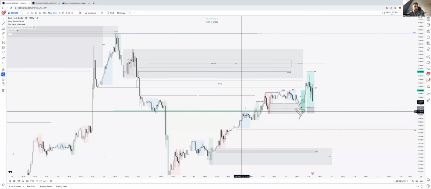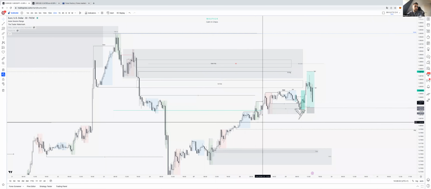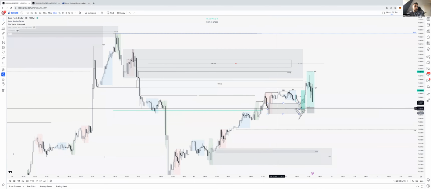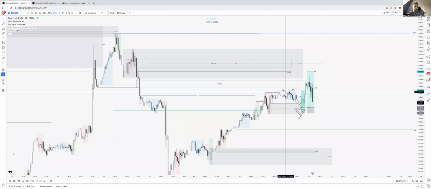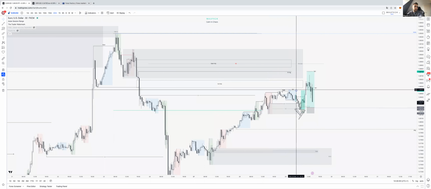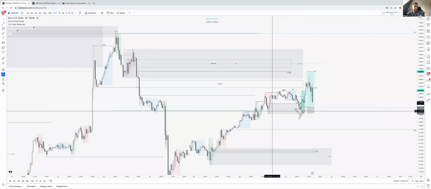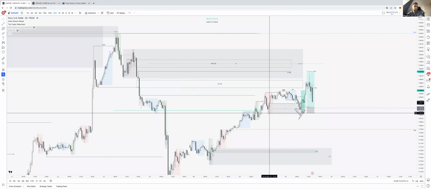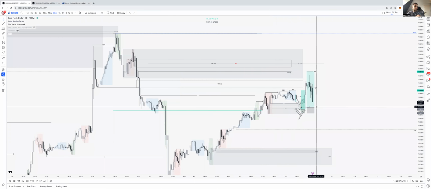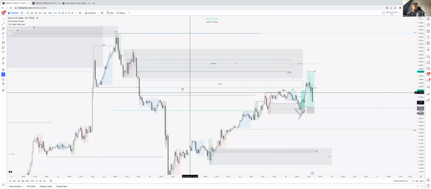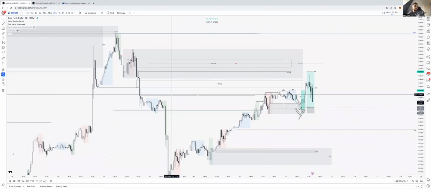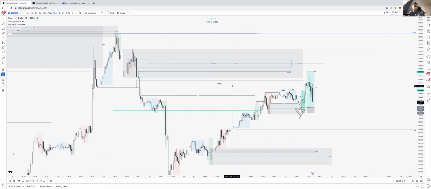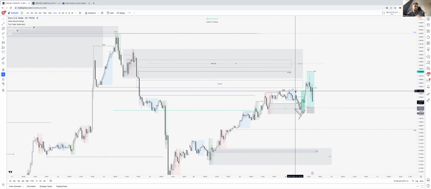So we got a low, a high, a higher low, a higher high, a higher low, a higher high, a higher low, and then we created a new higher high. Then Asia high took previous daily highs as well, but we never reached discount for this last leg up. So basically from this low up to this high, we had internal range liquidity taken, but we never tapped into the 1 hour fair value gap. So I wanted to see price come into the fair value gap. That was my idea for the trade.